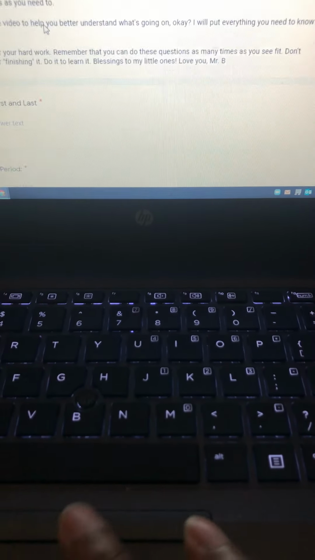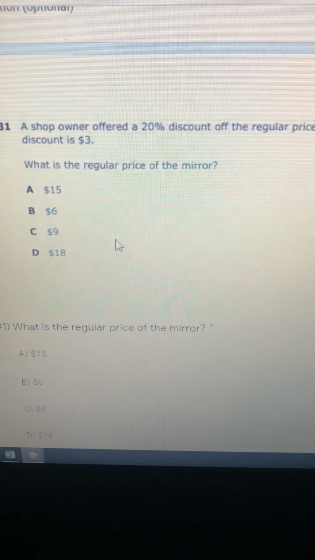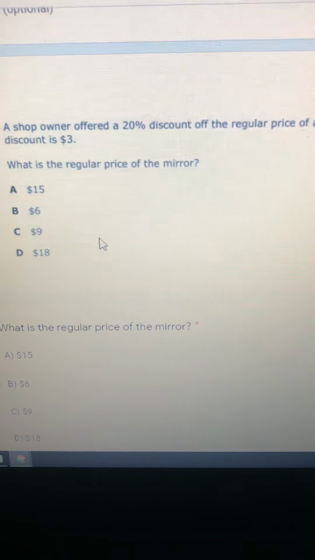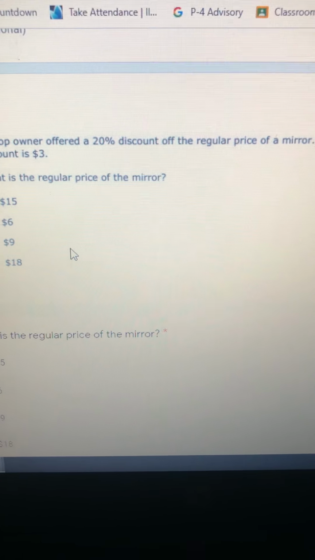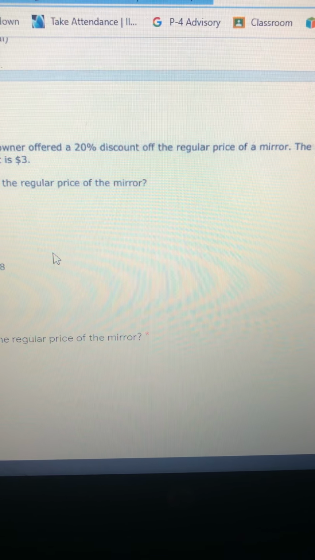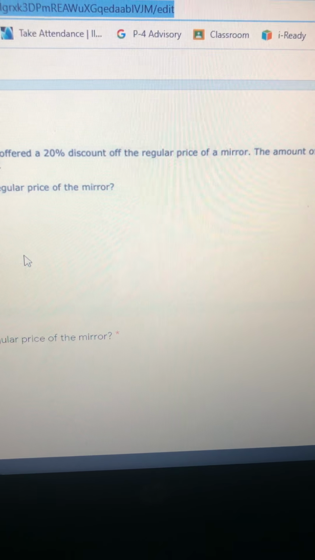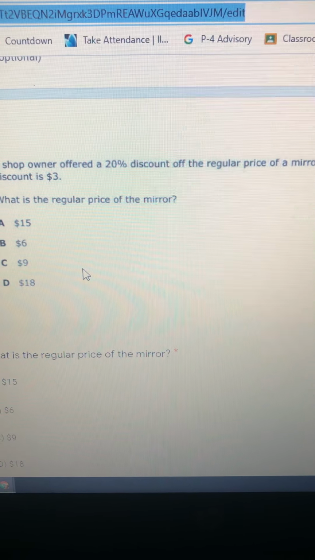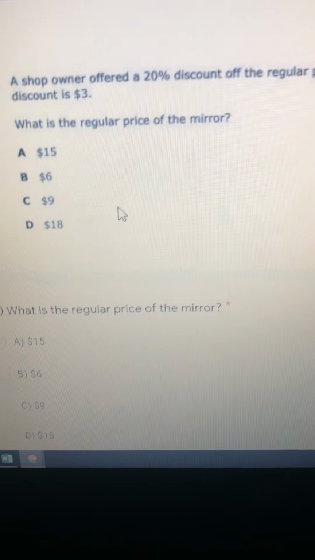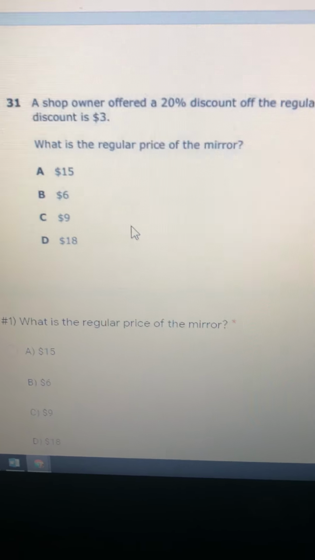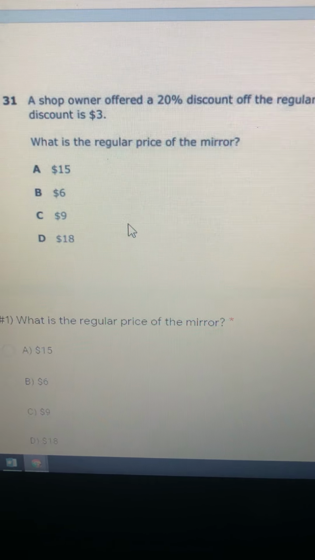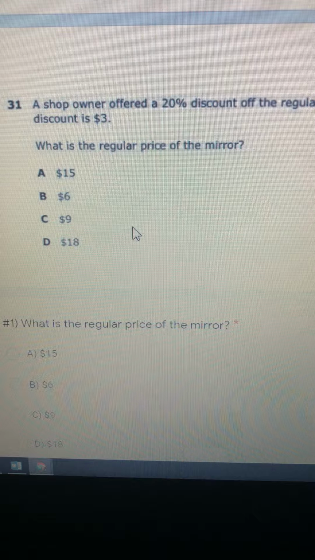So let's look at number one. I hope you guys remember what we talked about with percents. A shop owner offered a 20% discount off the regular price of a mirror. The amount of the discount is $3. What is the regular price of the mirror? You might be like, I don't know, but when we think about what is 10%, if we know that it was $3,